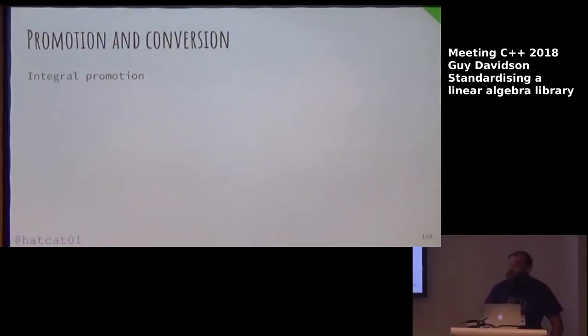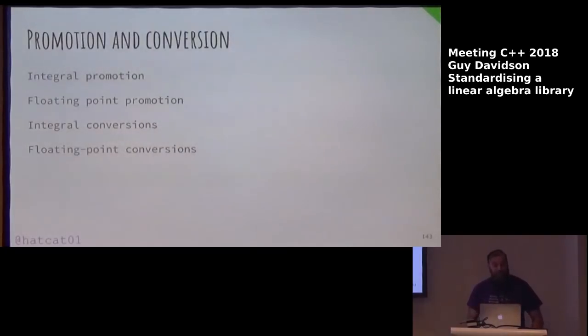Right, small integral types can be promoted to large integral types. Okay, that's promotion. Arithmetic operators do not accept values smaller than int. So that's fortunate. Float can be converted to double without changing value. Conversions may change the values with potential loss of precision. With integral conversions, sign and width are important. Floating point conversions are a little more forgiving, although converting doubles outside the range of floats is undefined behavior, demon